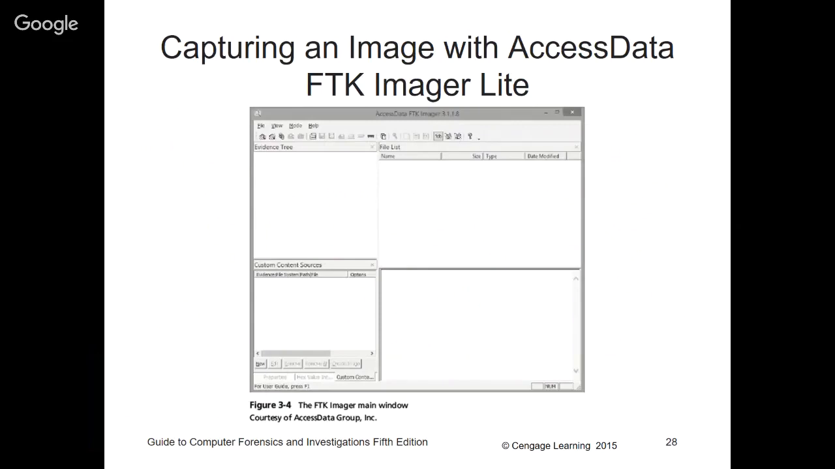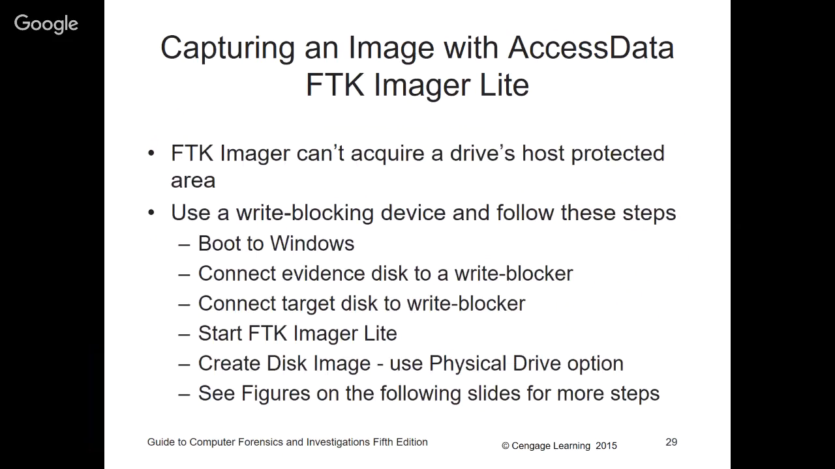All right, here we are in AccessData FTK. The only catch is it can't acquire a drive's host protected area. So if the host has a protected area, like boot to Windows or a master boot record, some of those become a problem. To use it, boot to Windows, connect the evidence drive to a write blocker, connect the target disk to a write blocker, and start the process, which is opening Image or Lite, creating an image. Use the physical drive option, and then we've got